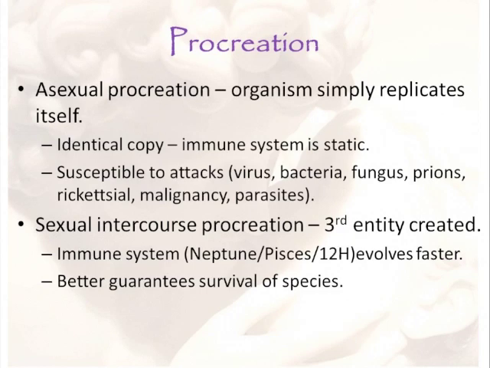We basically have two types of procreation. We have what we call asexual procreation, where any organism simply replicates itself. It's an identical copy or a clone of itself. And what that means is that the immune system is basically static. And what all forms of organisms have found over eons of time, and I mean hundreds of millions of years,